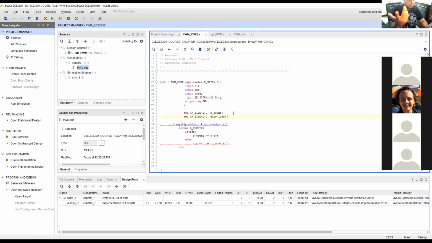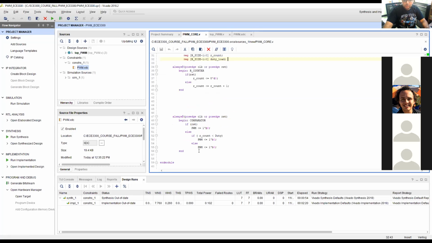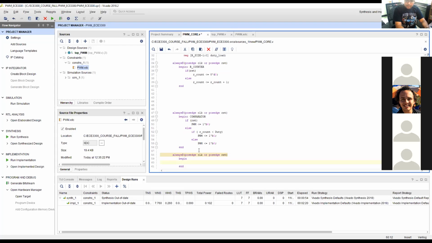Then I will go into this and say always @(posedge clock or posedge reset) begin end. Then I say if reset, what will happen? Duty load will be what